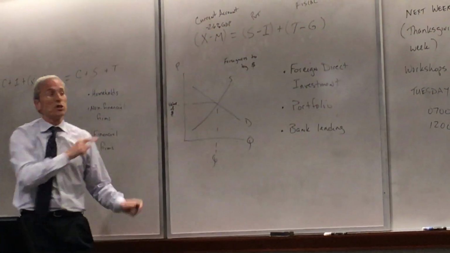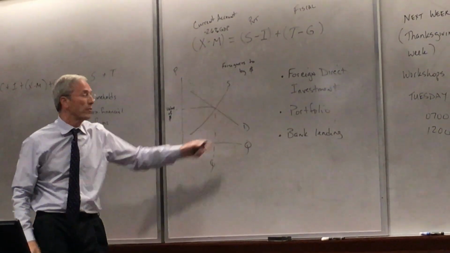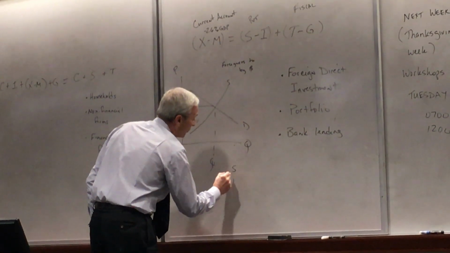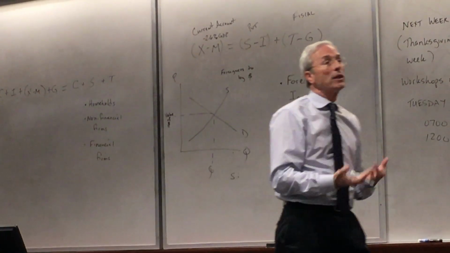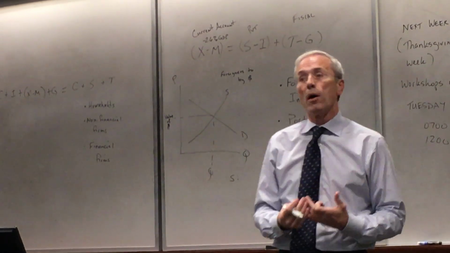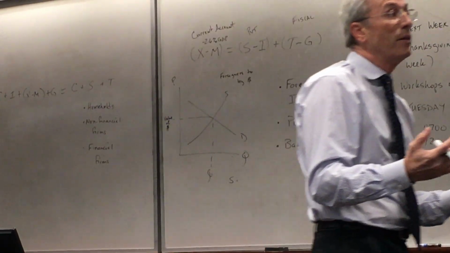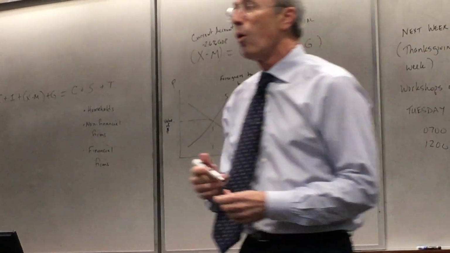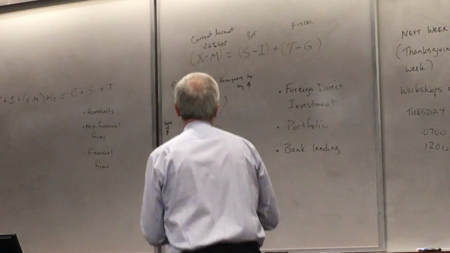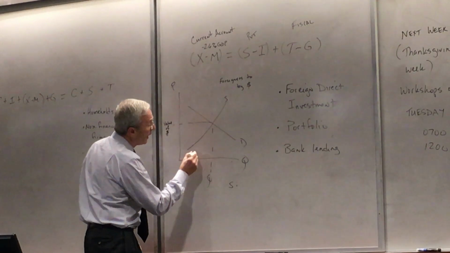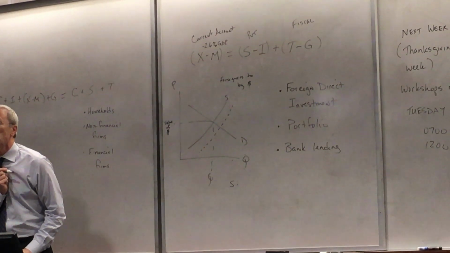There are three factors to consider when thinking about what happens to the value of the dollar. We think in terms of supply, the supply of dollars in that market. And one of the biggest determinants of the supply of dollars in that market is the supply of dollars in the economy. So if you think of something like quantitative easing, made a lot of dollars, or open market operations, make a lot of dollars, that will push the supply curve out. So if I do quantitative easing, I push the supply curve out because there's more dollars.